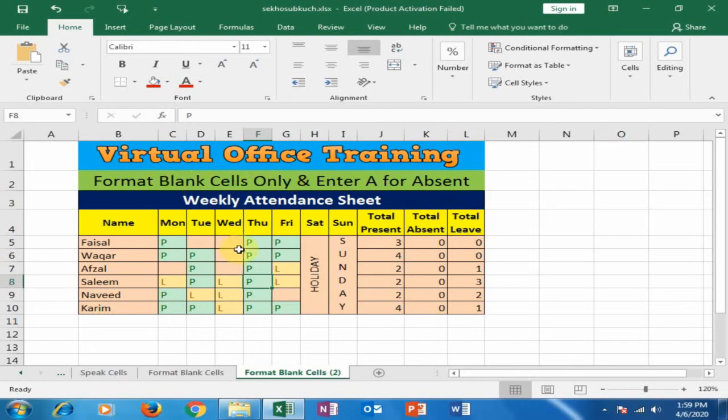Today we will learn how to format blank cells only, and I also want capital A in these blank cells for absent. How can we perform these tasks? Just first select all the cells